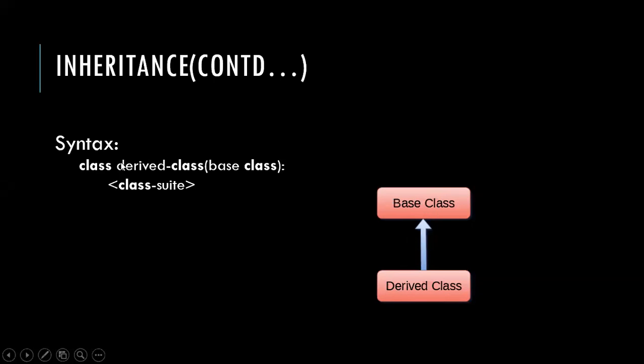Class name, class name, right? So that is the way of declaring the class. Then colon. Now, if you want to inherit, if you want to use any other class, in brackets you should mention the class name. Of course, if you see one program, then you will understand easily.